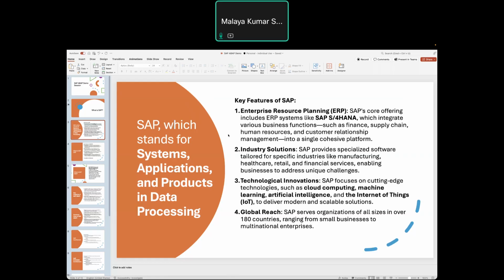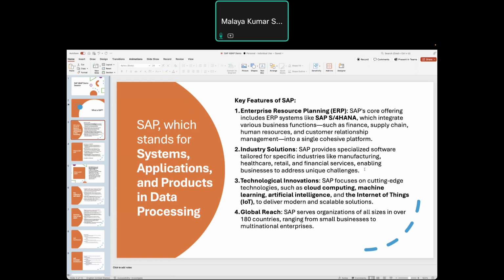SAP also gives industry solutions. SAP provides specialized software for specific industries like manufacturing, healthcare, retail, and financial services, enabling businesses to address unique challenges. SAP helps organizations to overcome the challenges they have. Suppose I have an SD function in my organization, with sales and distribution.